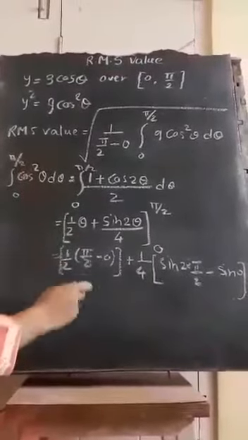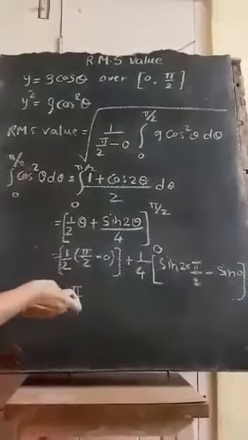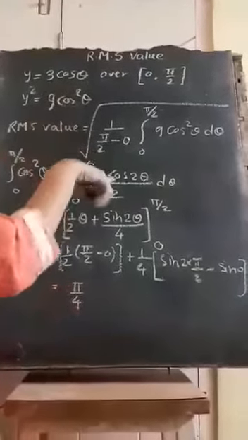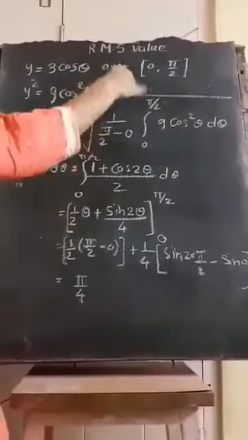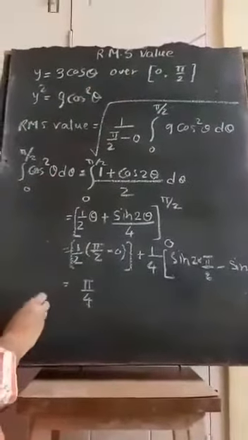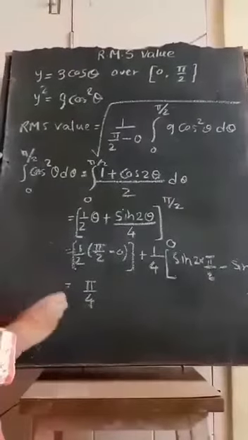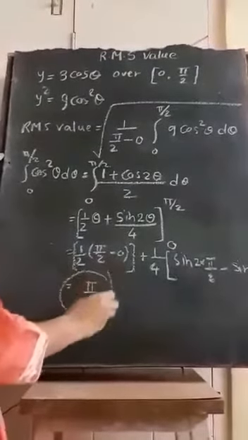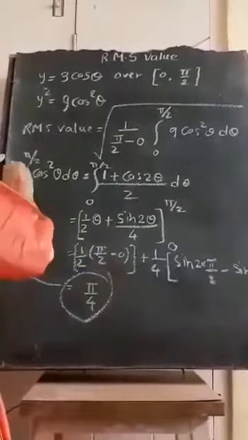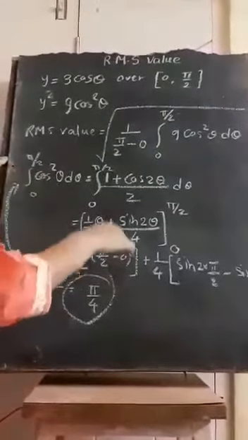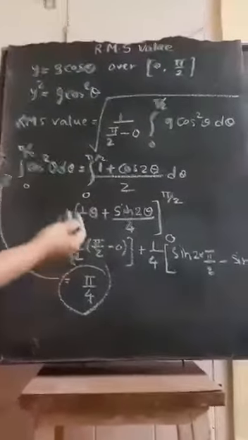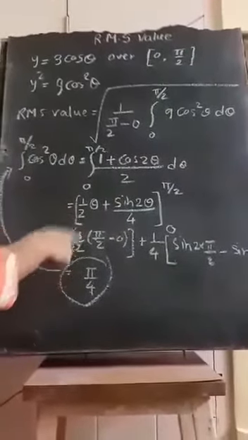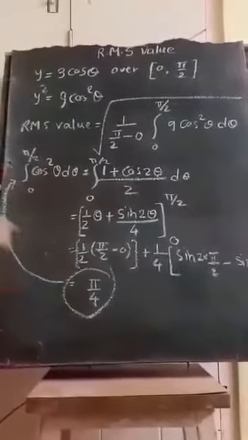So now we will write this integration answer in RMS value. You can do in the same manner in the exam also if you want to avoid writing square root every time. So you can take integration, integrate that and then finally write that square root thing. So in that RMS value, please note this. I'm substituting. I'll rub all the part. You can pause the video and you can copy it if you want. But now I am rubbing this part and I am taking the answer as pi by 4.